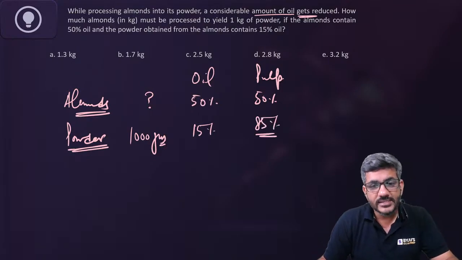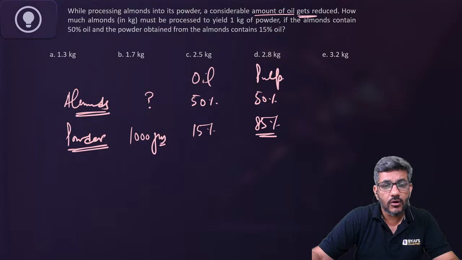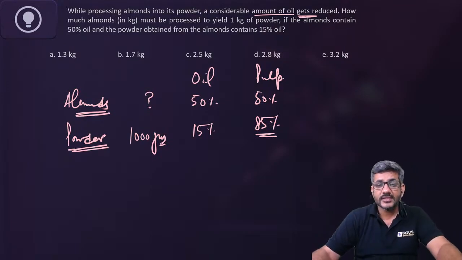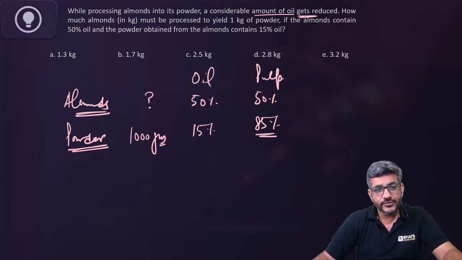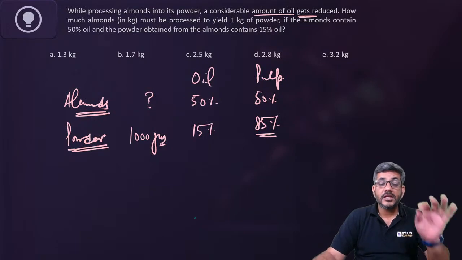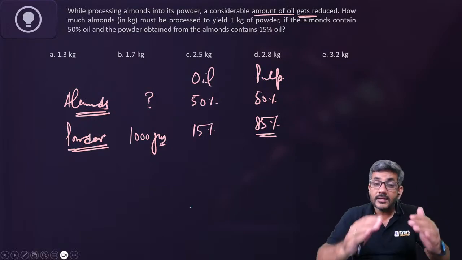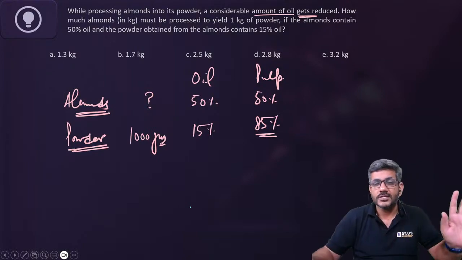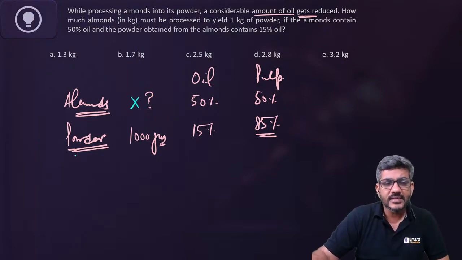How do we do these questions fast? Let me tell all of you. इनको करने का एक फास्ट तरीका क्या है? दर्शन is getting the answer as E और बबली कह रही है आंसर is B. तो चलिए देखते हैं क्या सही तरीका है. Always work on the quantity which does not change. Here the quantity of oil is changing, but the quantity of pulp is not changing. उस पे काम कीजिए. मान लीजिए x kg almonds है.